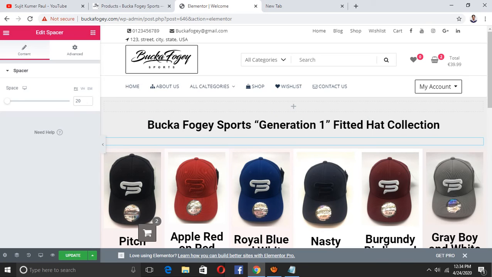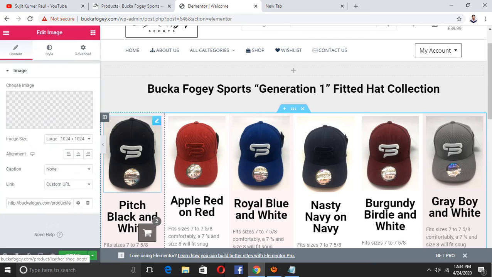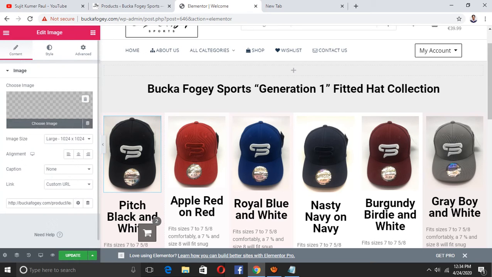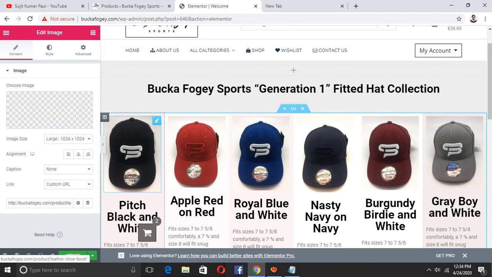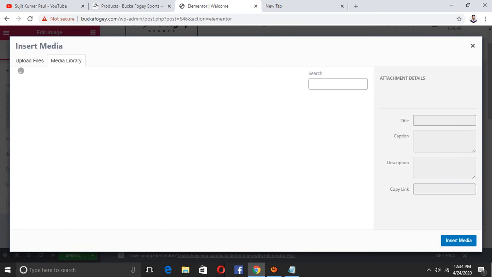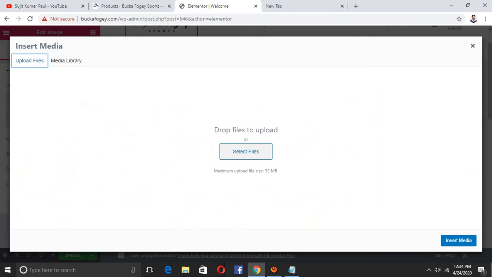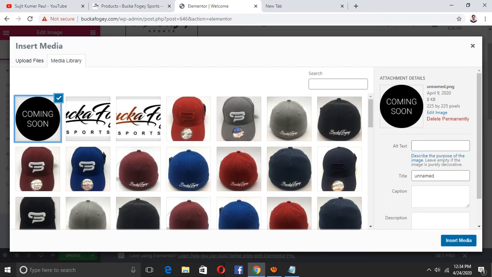So if you want to change this picture, then you can click. Then here choose picture. You can see your picture here. Okay, right. Here too you can click and choose your picture, then insert. Otherwise, if you want to upload new, then you can upload and select. You can upload and insert.